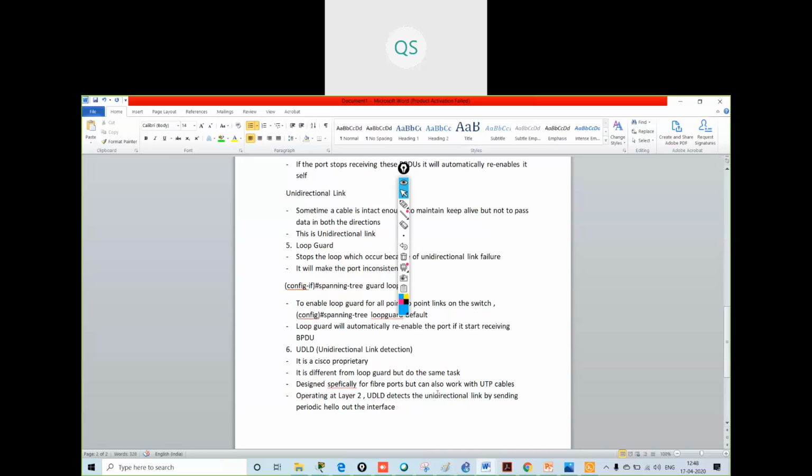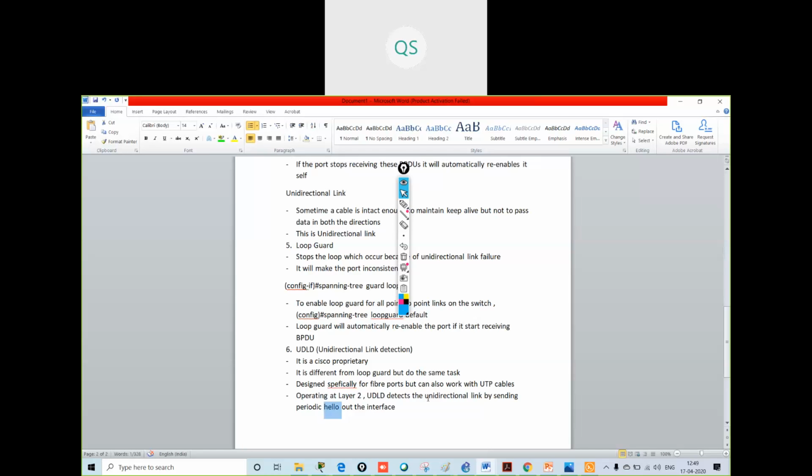If you configure UDLD, it will send hello packets at a specific periodic time that we configure, and it will check whether there is any unidirectional link, whether I can send the BPDU messages.